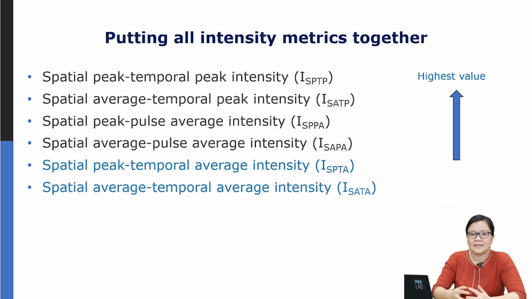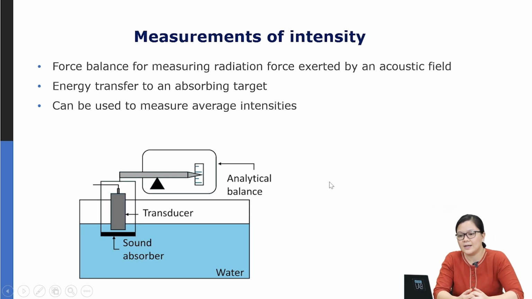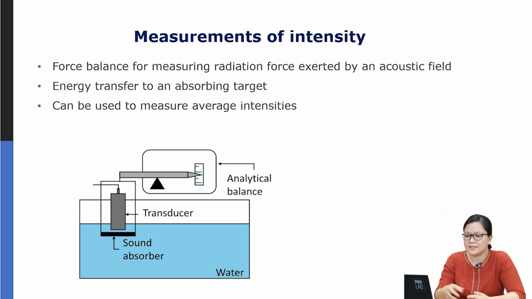Where ISATA is widely used is if you want to measure the power of the transducer. So this is useful in calculation of the acoustic power. And one way we can have a relationship between measuring the power and the average intensity is by using a radiation force balance. So what this is,